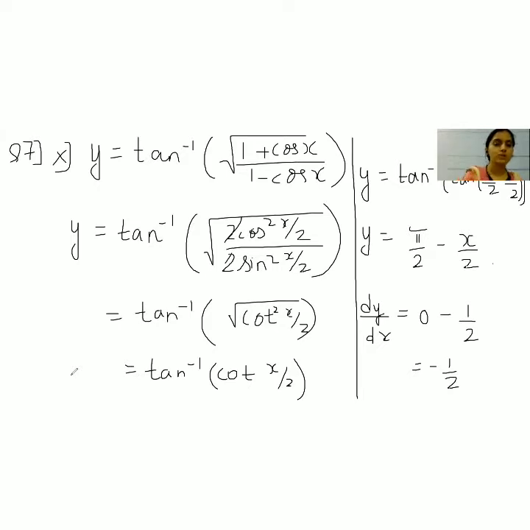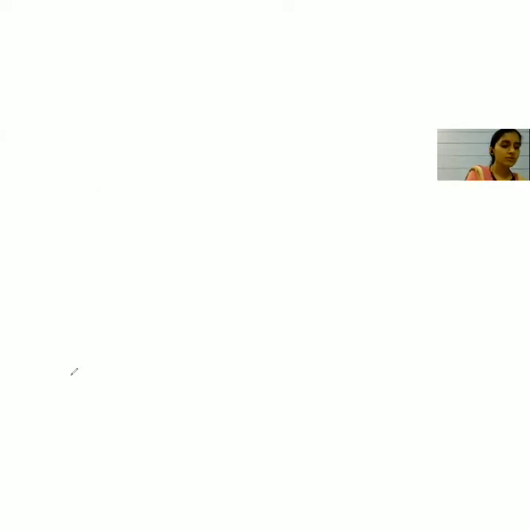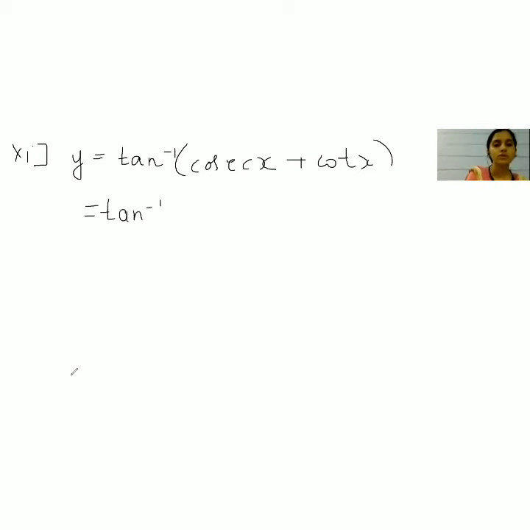Okay. This is question 7, the 10th one. Now I'm doing the 11th one. So 11th one we have y is equal to tan inverse of cosec x plus cot x. This is also simple. Just convert cosec x and cot x into the basic trigonometric function. So we'll have tan inverse of 1 upon sin x plus cos x upon sin x, right? So we'll get 1 plus cos x upon sin x,